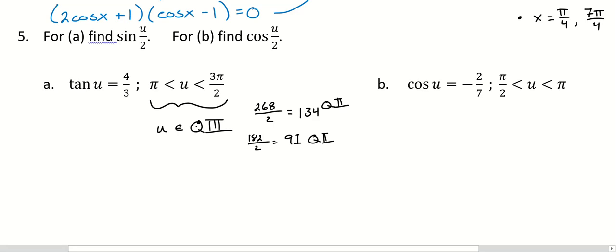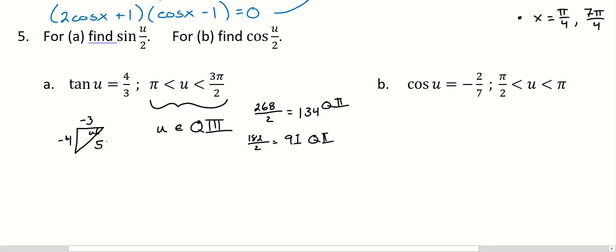If we're in quadrant 2 for this, let's just think it out. I'm going to help myself out by drawing u to begin with. This is not u over 2. This is u. And I know that the tangent is 4/3, so quadrant 3 makes sense: -4. Just kidding. Sine over cosine, or opposite over adjacent, however you want to think about it. Opposite is a 4, adjacent is a 3, and I recognize that they're both in quadrant 3 because we're talking about u, and that our hypotenuse would